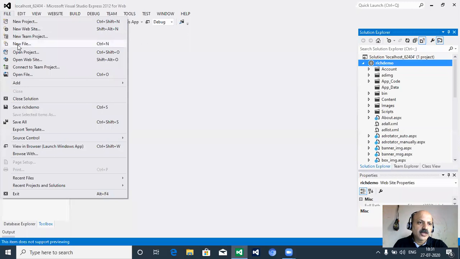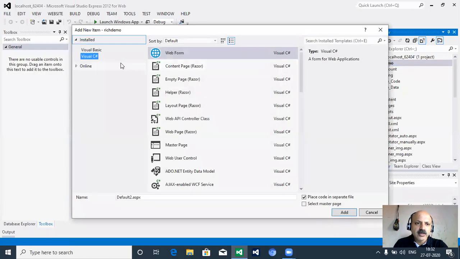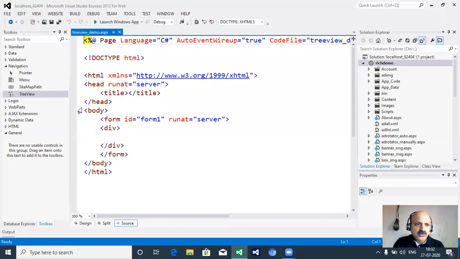In the File menu, I take New File. And here Visual C# is there, Web Form file is there, and here give the name of the file like TreeView_demo. Okay, and just press the Add button. So look at the toolbox, the Navigation category of the toolbox, and there is a menu, and here